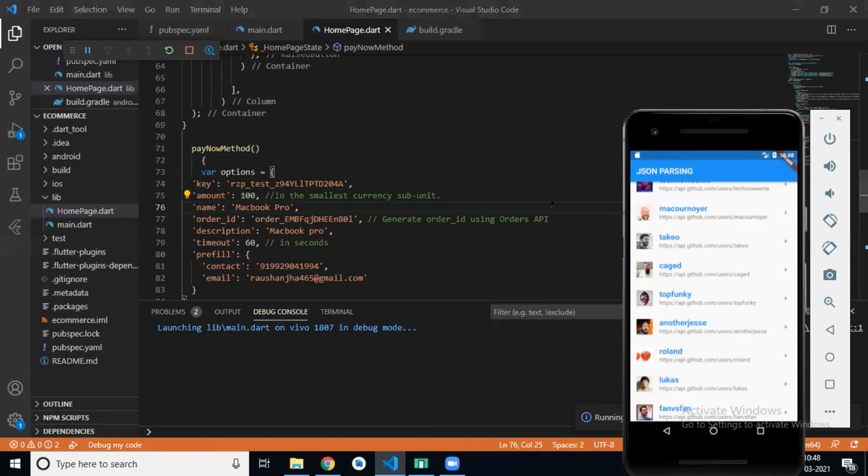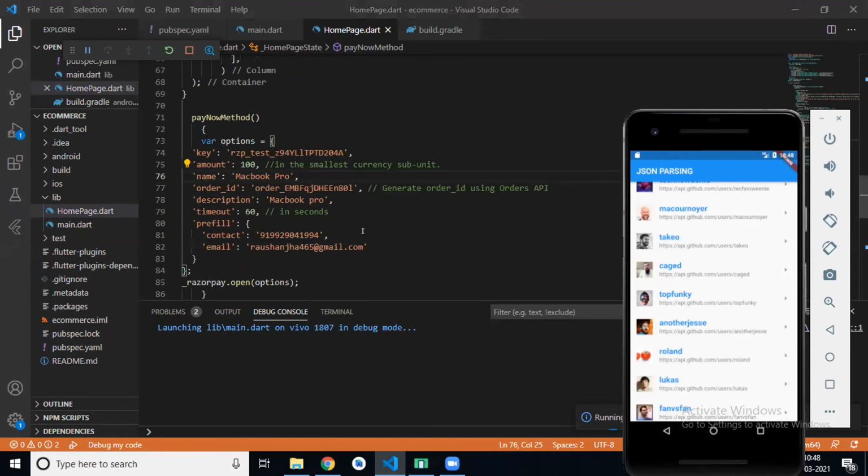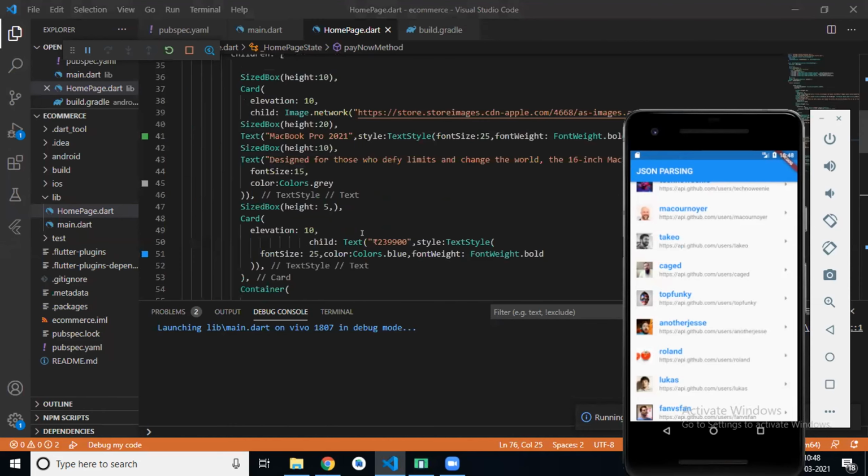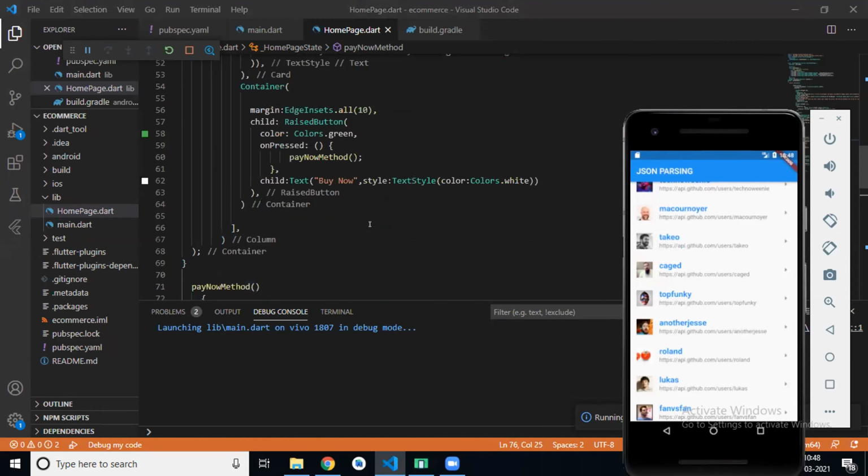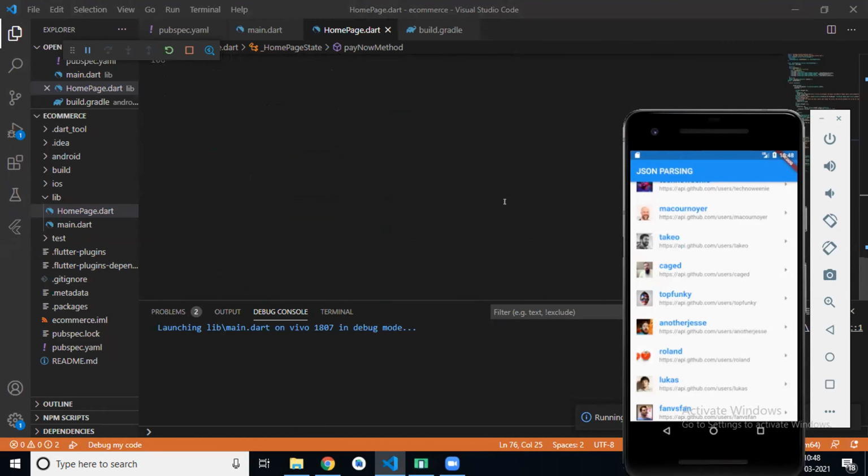Any problem or any confusion in this complete application? A bit confused, but I need to follow your recording of this session. Okay.